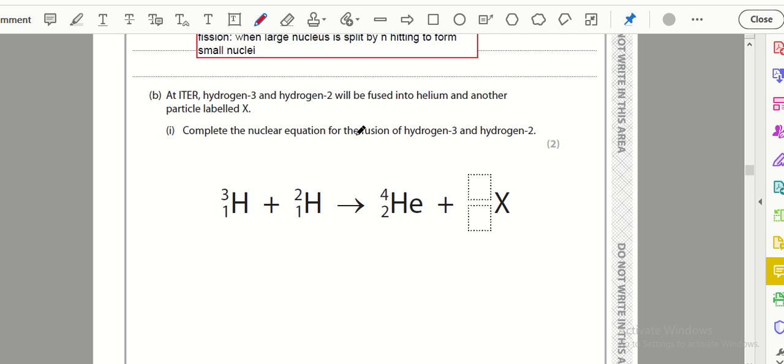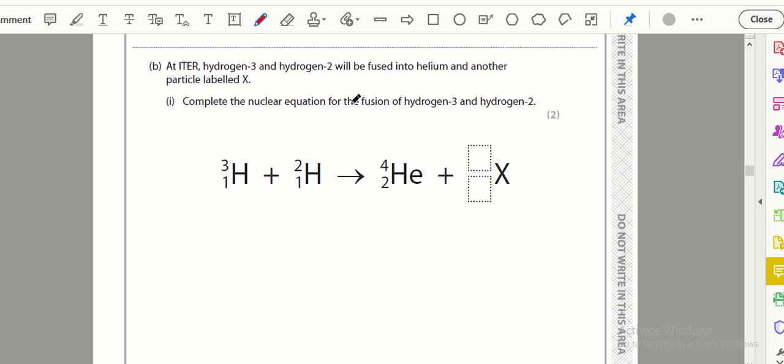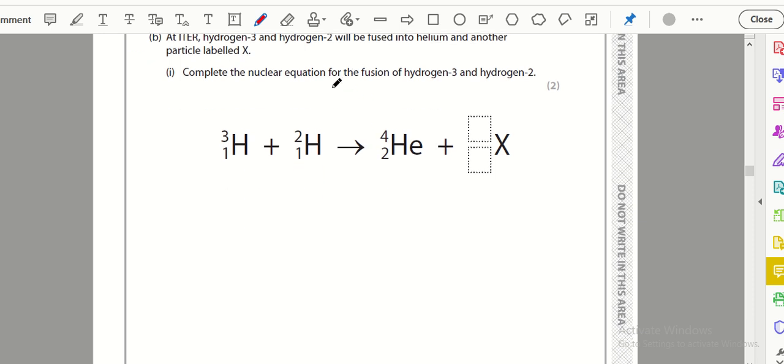At ITER, hydrogen-3 and hydrogen-2 will be fused into helium and another particle labeled X. Complete the nuclear equation for the fusion of hydrogen-3 and hydrogen-2. So atomic number and mass number should be conserved before and after the reaction. So as we get to here, it is balanced,